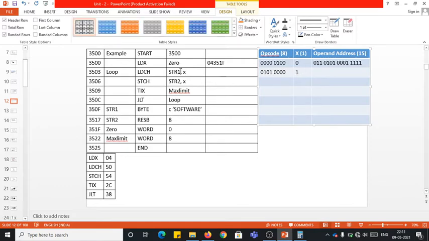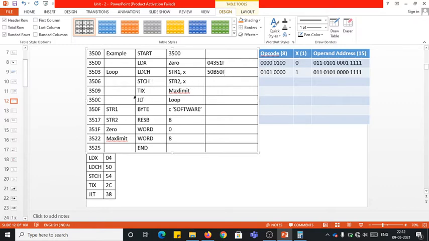And what is the operand here? It is string 1. What is the address of string 1? It is 350F. So I repeat, 0 double 1 is 3. How to write 5? It is 0101, and you can observe it is 350F. Based on which, what is the object code? You group every 4 bits. When you take the first 4 bits, it is 5 0, and including this 1 you have to group. It will become 1011. 1011 is what? D. Again 50F. That's the object code, right?